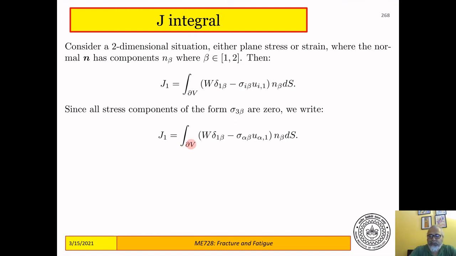So we will stop here, and in the next we will see how this can be applied to a 2D